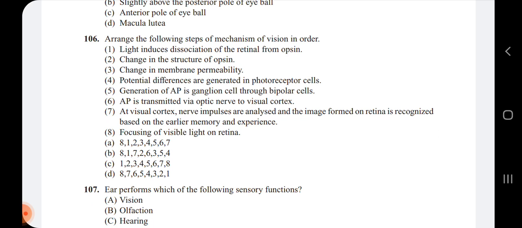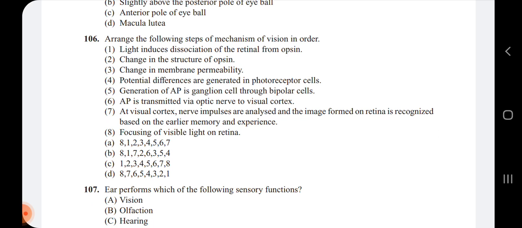So here, when the light falls on the retina, the structure of the opsin is going to get changed. When the structure of the opsin changes, it is going to change the membrane permeability. When the membrane permeability changes, a potential difference is generated, and that forms a signal, where that signal is carried inside the retina layer